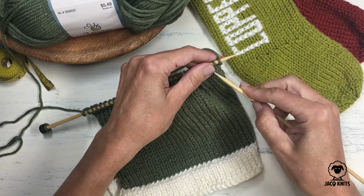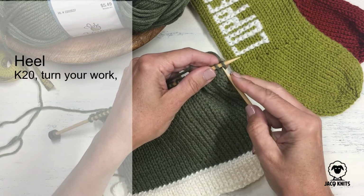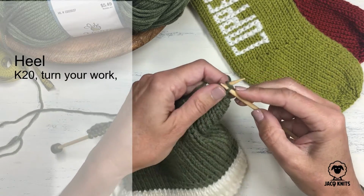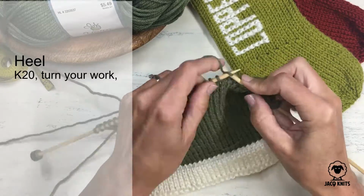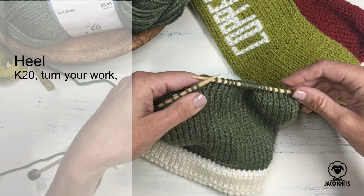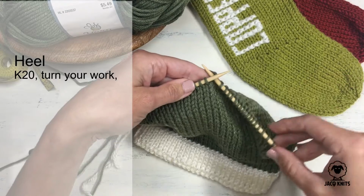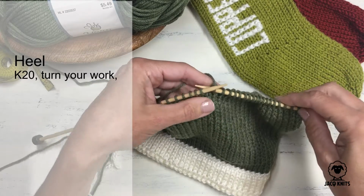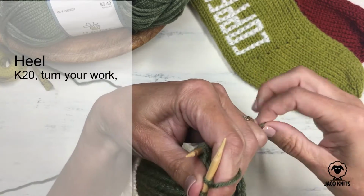So the very first row in our heel work here is that we're going to knit 20 stitches. So we'll knit 20 stitches here, and now we're going to actually, instead of finishing the row, we're actually going to turn our work and continue to knit even though we're not at the end of the row. So we're going to turn our work,